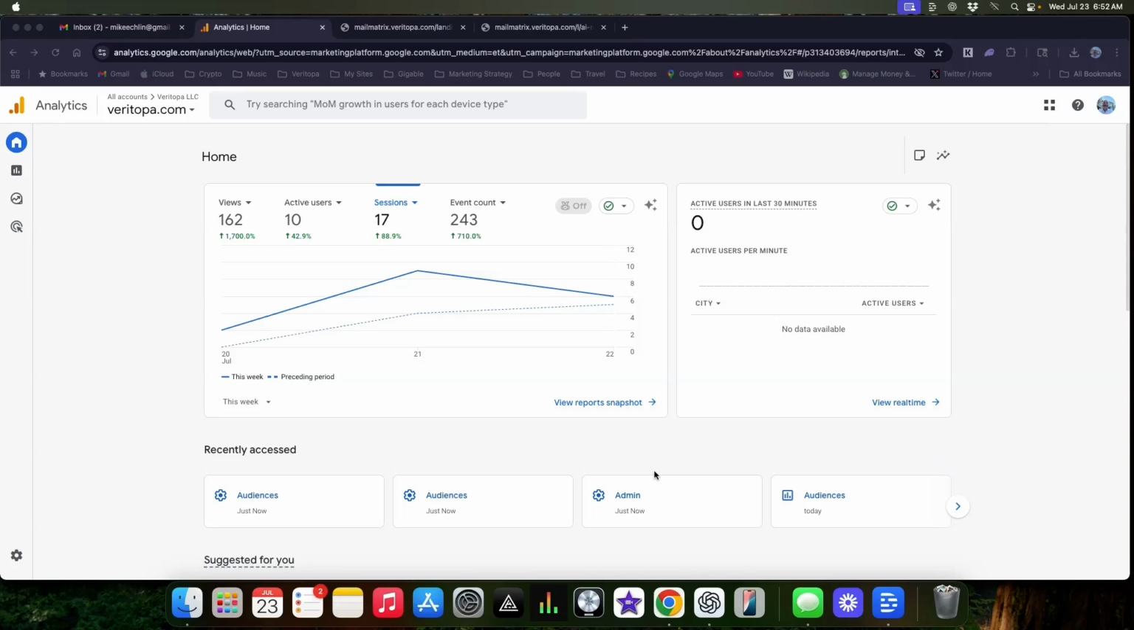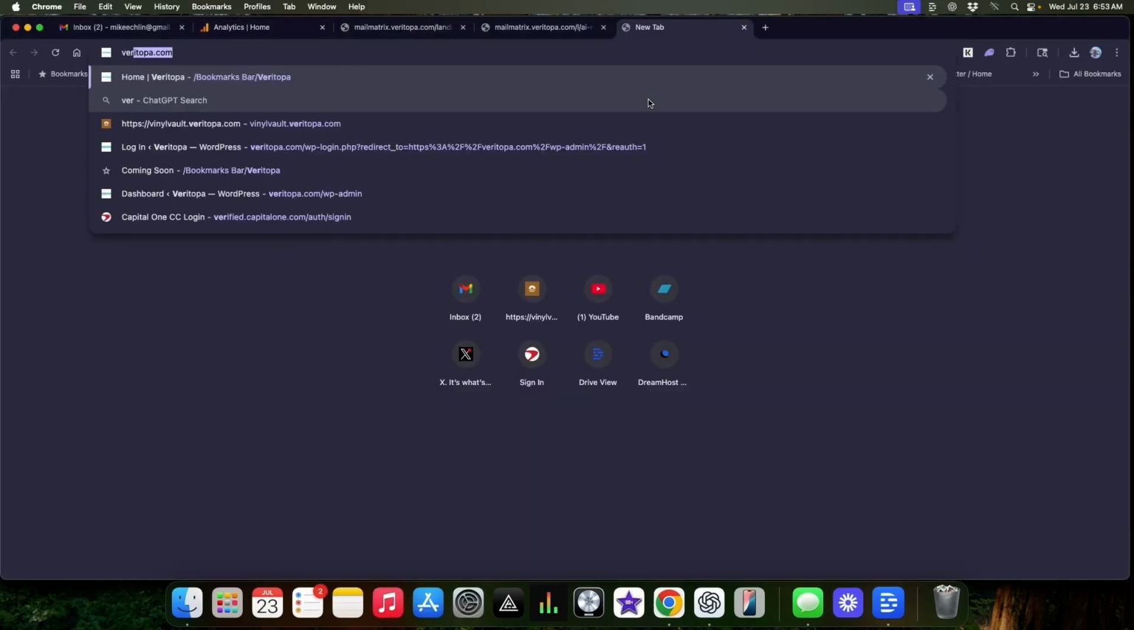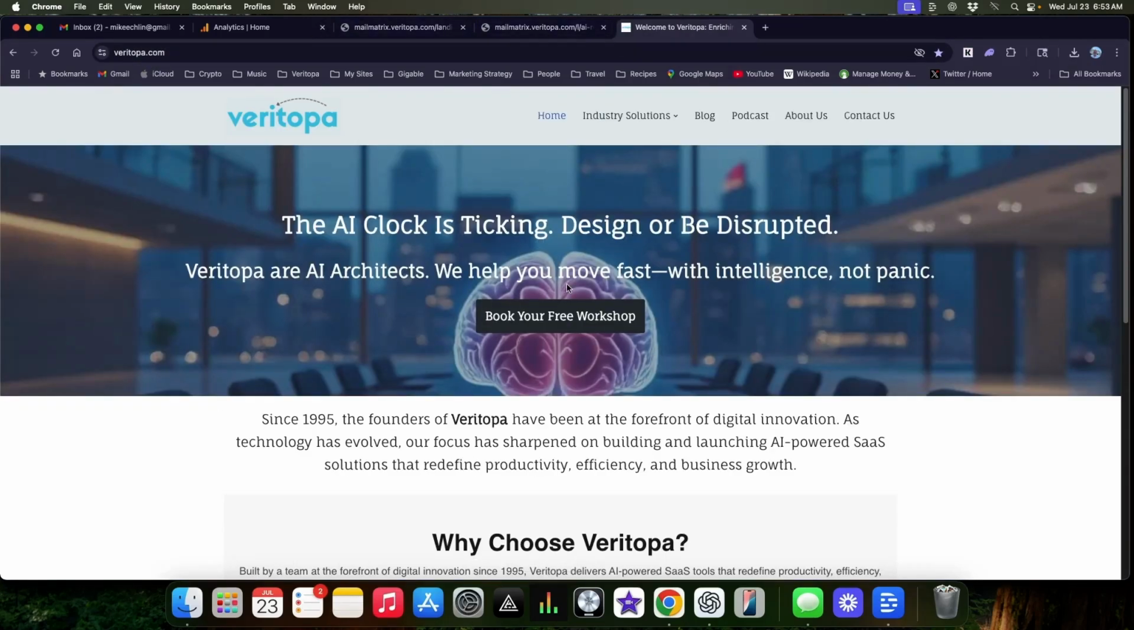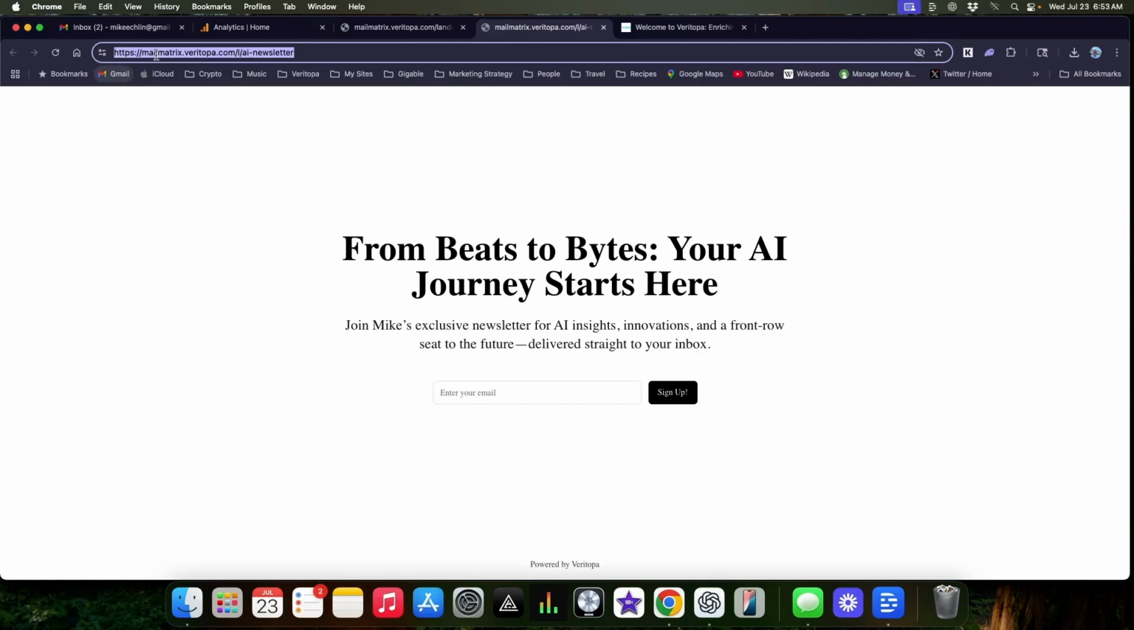I wanted to do a quick demonstration of how to add a specific metric on Google Analytics such that you can create an audience for a particular landing page, and maybe the landing page isn't directly in your primary domain. So, for example, our company Veritopa.com has Google Analytics set up for all of these pages. But we also have some landing pages with a different subdomain called Mail Matrix. Instead of Veritopa.com, it's